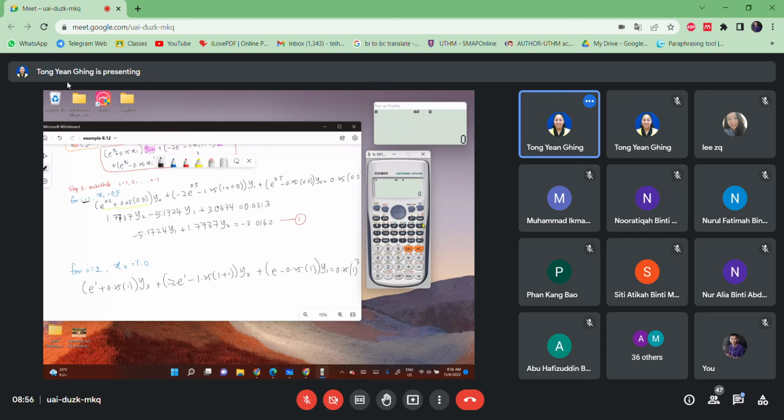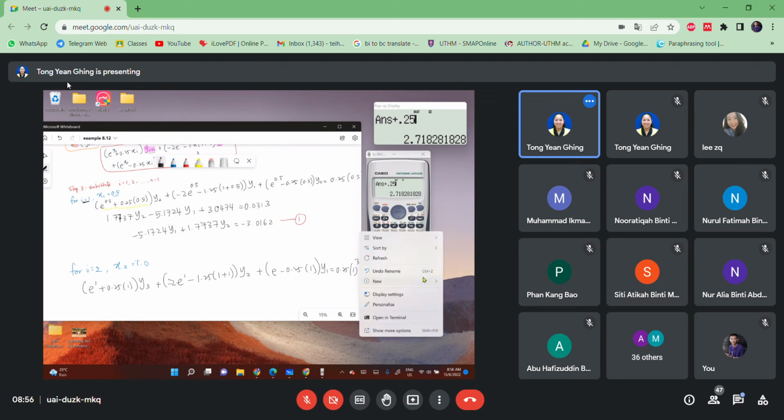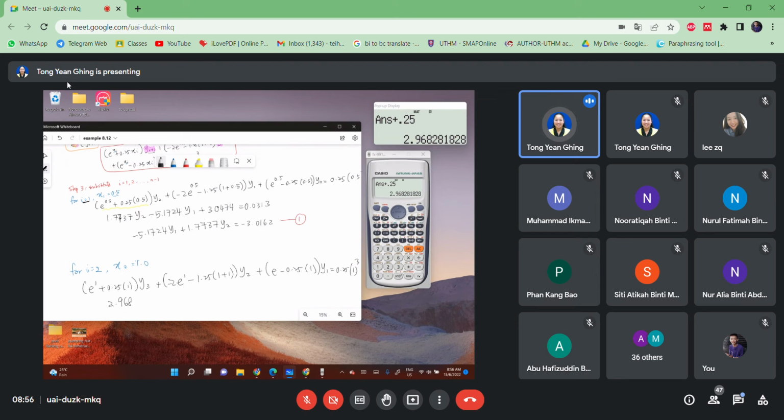So 1 plus with 0.25. Oh. So here 2.9683 y3 negative 2